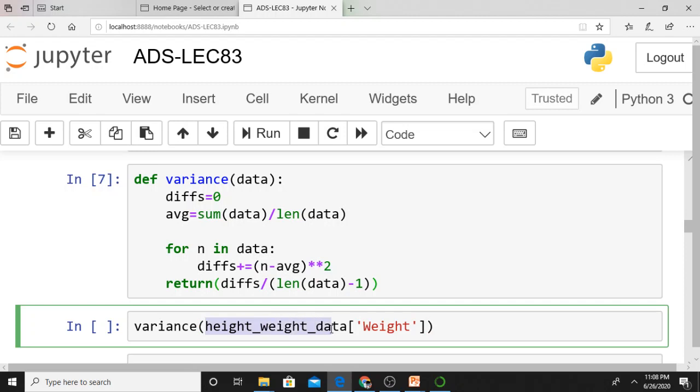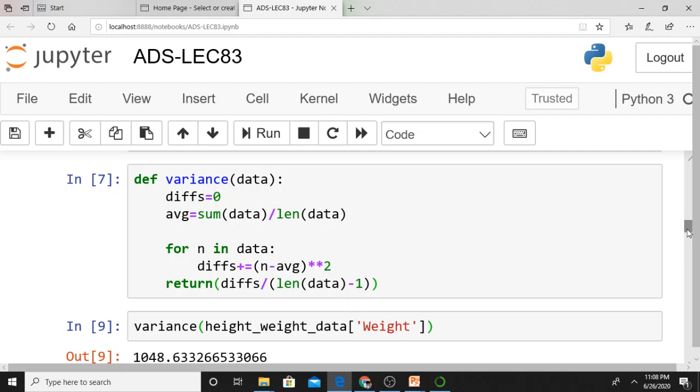In this data set, there is a weight column. For that, I request you to refer to my previous lecture so that you can understand this particular data frame. It's simple. I am invoking the variance function on the weight numerical column, which is in the height_weight_data data frame.